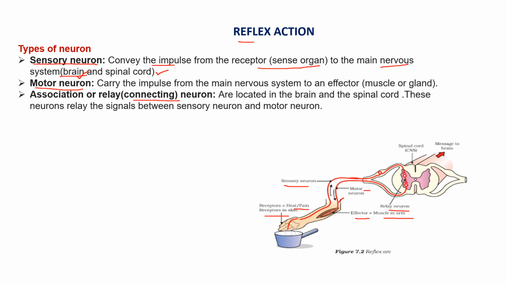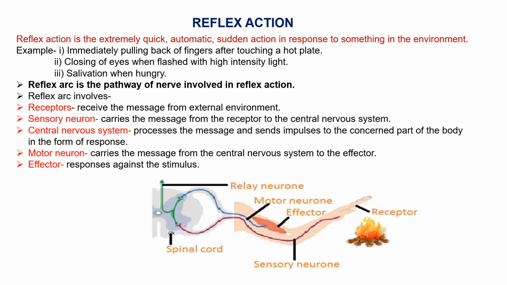So this information is further given to the motor neuron, and due to a chemical change in the motor neuron, there will be a contraction of muscles, and due to this you will immediately take your hand out from that hot plate, right? Because this action has to be done in a fraction of a second, this information is not passed to the brain, it is passed to the spinal cord. Okay, so let's see further.